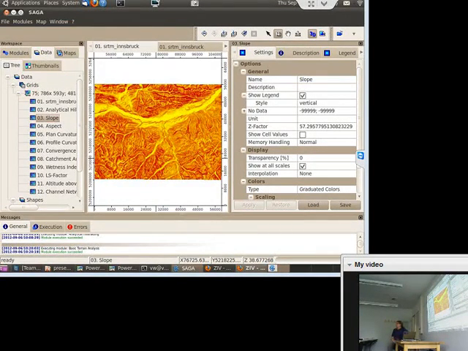But you have to be careful, because this is something which is special about SAGA too. Aspect and slope are actually calculated in radians, not in degree. But to get it reported in degree, these grids use a display factor, which is simply 180 degree divided by pi to convert between radians and degree. So this factor is multiplied to report you the values in degree. If you change it to 1, which is the default setting for all grids, then